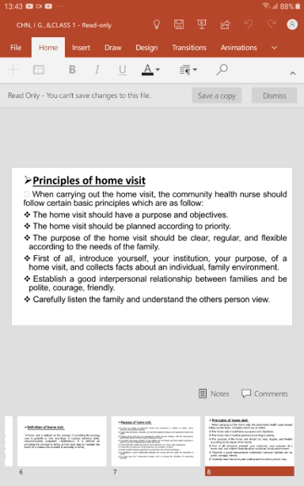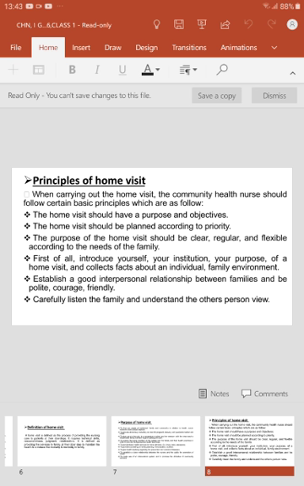So when you are making a home visit, first of all you will introduce yourself: my name is this, I am a community health nurse, and I am coming from the primary health center, community health center or a clinic. You should also tell the locality. The purpose you can tell is the collection of data for health record purposes. We have come to understand not only the health of your family members, but you should also look at the health of the environment. We are collecting all these things, you tell them.